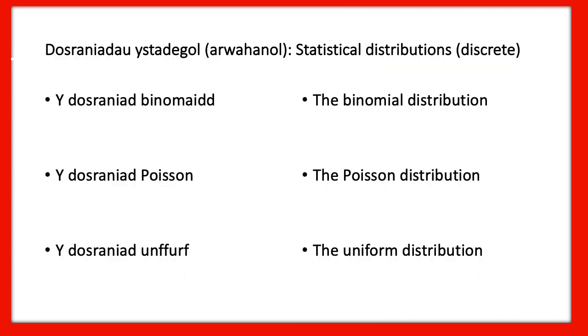Then we get on to some discrete distributions. Now, you may or may not know this word, discrete. It simply means that they can only take particular values. So for example, if you roll a fair die or dice, whichever you prefer to call it, then you can't get a 3.5, but you can get a 3 or a 4. So the distribution for a die is discrete,